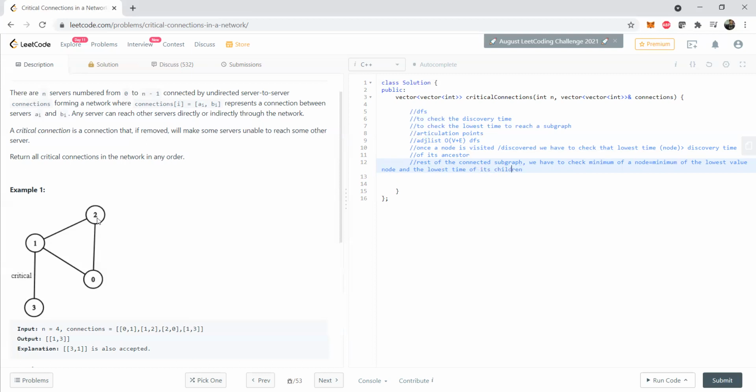So in that case, for the rest of the subgraph components, since it will always form a cycle or a closed graph, we have to check the minimum of a node and assign it to be the minimum lowest value between the node itself and the lowest value of its children. So this will ensure this policy, like over here the id becomes 0 and the time becomes 3, but in